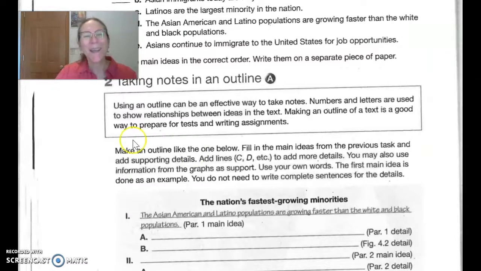I'm always telling you that, oh, let me get back to the big screen. I'm always telling you that this is a little microcosm of the kind of notes, the kind of annotations, the kind of summary sentences and summary paragraphs that you're going to write on a much bigger scale when you get into the higher level classes. If you take a sociology class and the teacher wants you to read a 40-page chapter, you're going to have to pull the main ideas from those 40 pages and write, in your mind, or for her or him, a summary.